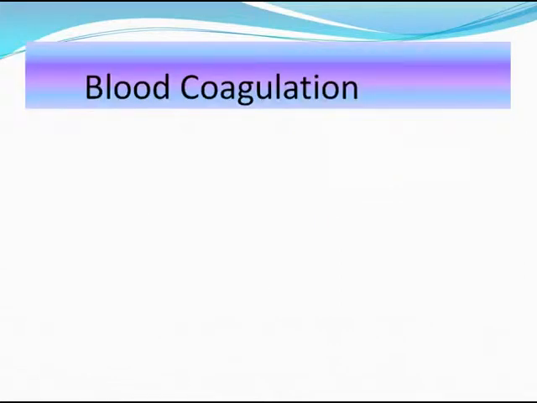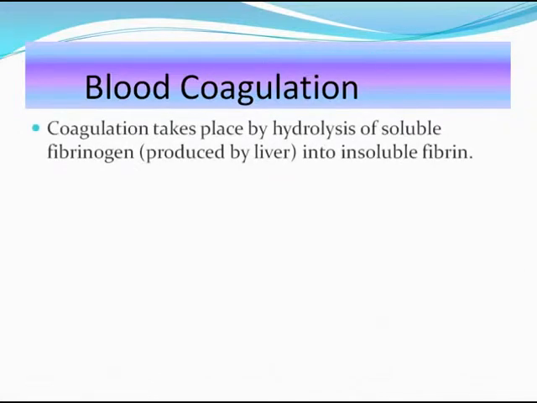Now comes blood coagulation. What is blood coagulation? You see, when your finger gets cut, the blood oozes out from it, and after 4 or 5 minutes, blood coagulates. How is it possible? Have you ever thought? So I tell you. Blood coagulation is the conversion of liquid blood into semi-solid jelly. It occurs at the place of injury to a blood vessel from which blood begins to ooze out.